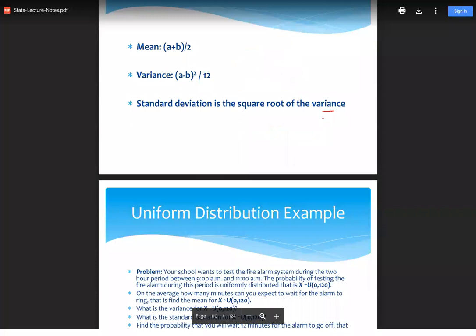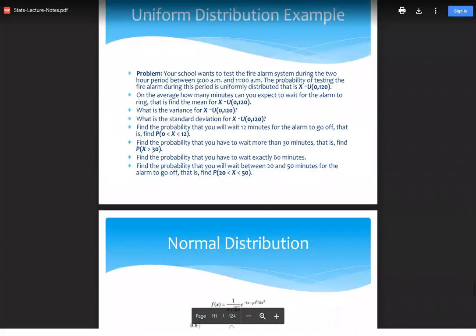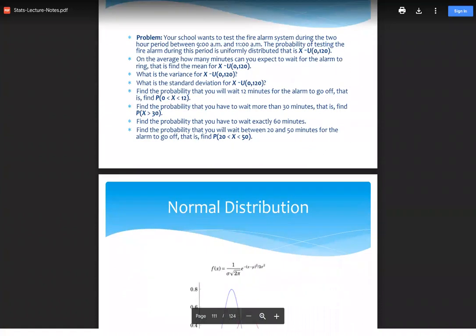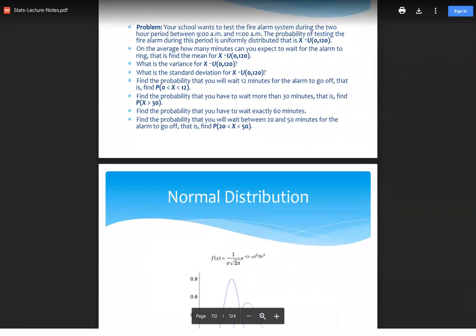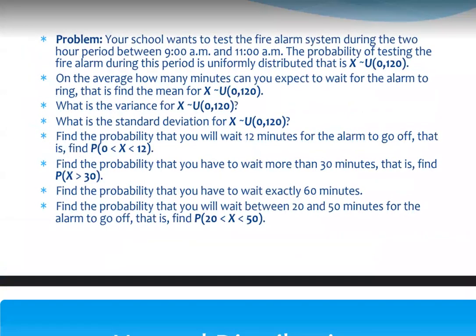Now, let's move on and do an example. At your school, they are trying to test the fire alarm system, and they said for sure they're going to do it between 9 a.m. and 11 a.m. The probability of testing the fire alarm during this period is uniformly distributed. That means it's a uniform distribution. This tilde tells you